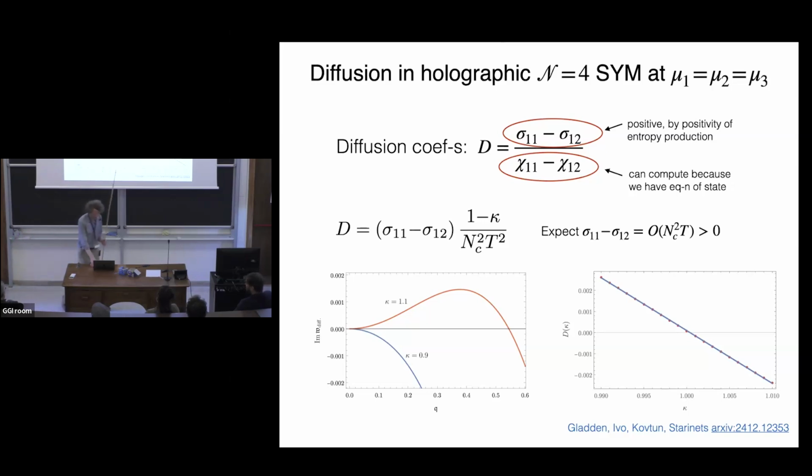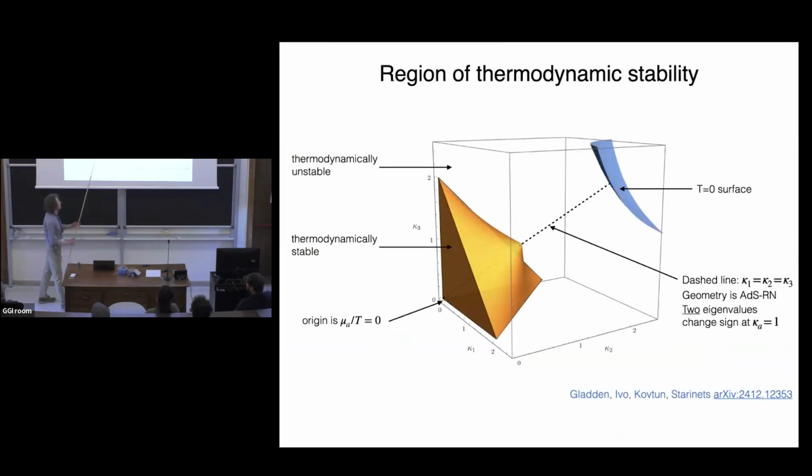The way I understand this is that what I'm describing is a simplification that happens if you go along this line. If you go along any other line that crosses this orange surface, you again are going to encounter negative eigenvalues of the Hessian matrix, but it's not going to be a simple decoupling of those fluctuations. Some other fluctuations will become unstable, corresponding to the eigenvectors of the Hessian matrix. Along this line, the eigenvectors of the Hessian matrix look particularly simple. That's why you have this thing. But along any other direction, the eigenvectors of